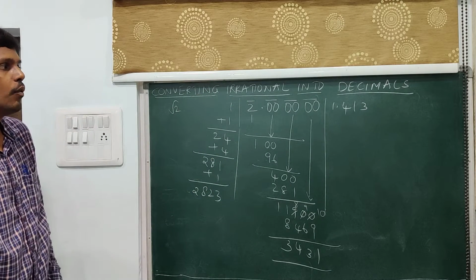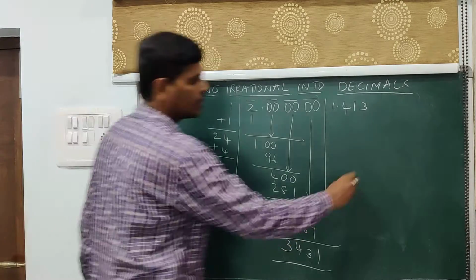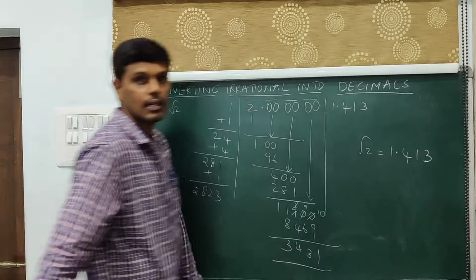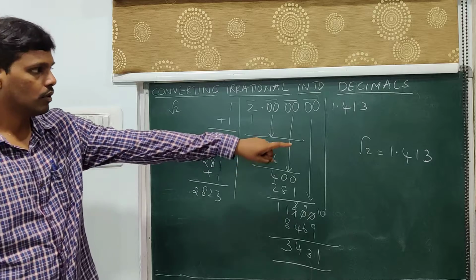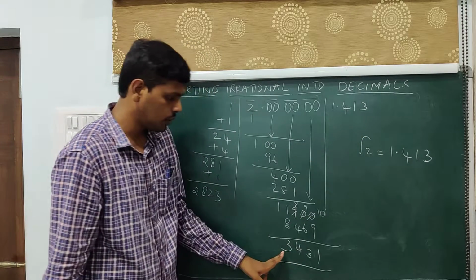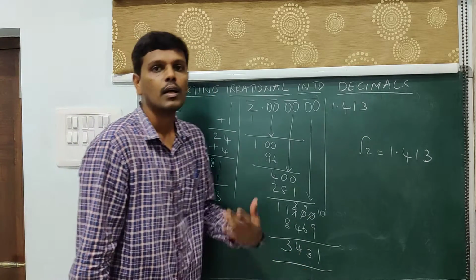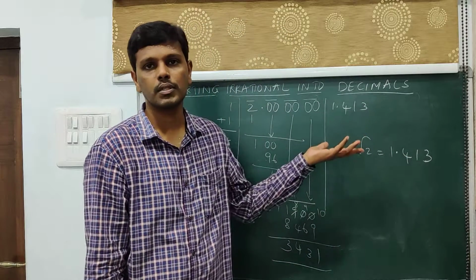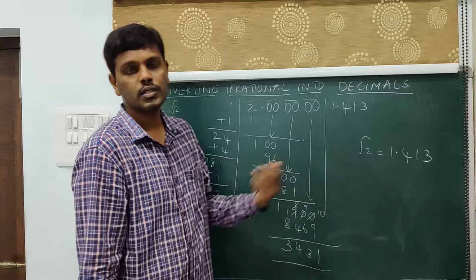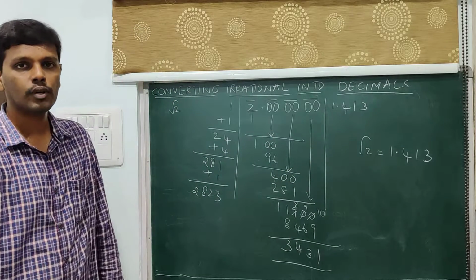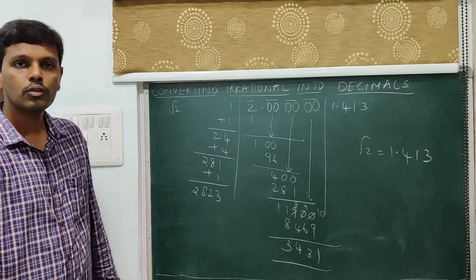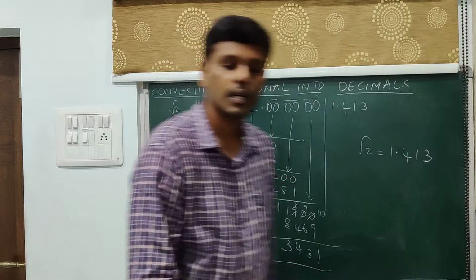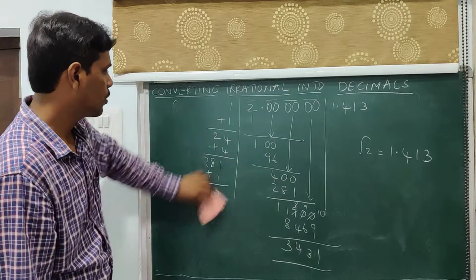So we have got 1.413. So we say that root 2 is equal to 1.413. Now that is an approximation. It keeps going. See, your remainder is not 0. It keeps moving. But we are being asked only up to 3 decimal places. So I have done up to 3 decimal places. If I am being asked up to 4 decimal places, I would have done up to 4 decimal places. So that is the way to go about. So let's do some more problems of the same kind so that you will have a smooth understanding of the concept.